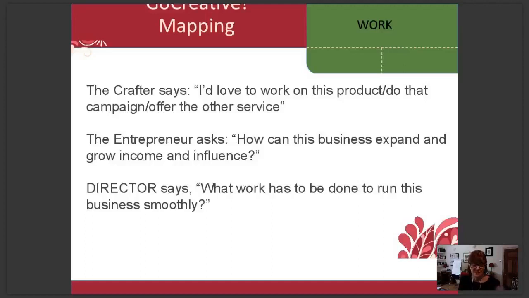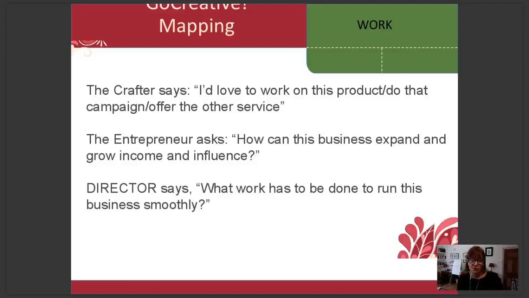But the director says, what work has to be done so that this business runs smoothly, so I'm happy, so I'm not worn out, so all the bits that make up the business actually cohere and come together in a way that keeps the crafter making and keeps the entrepreneur out there expanding the business.